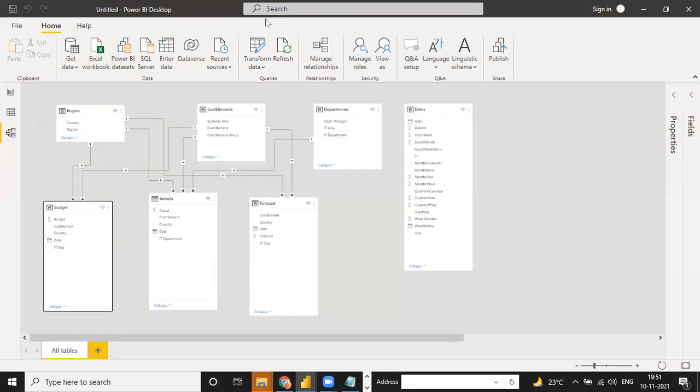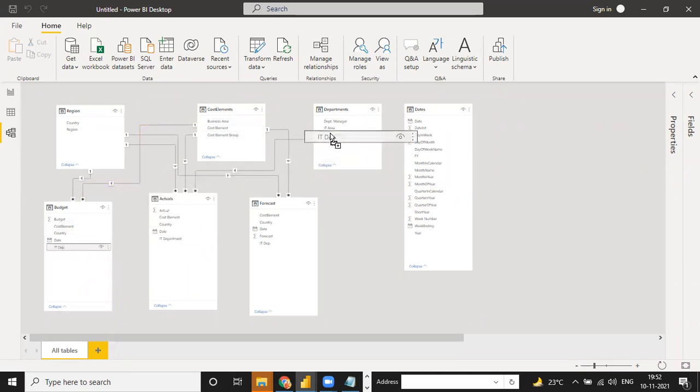No common factor, right. See, in this department table we have the IT department as the full name, but here we have it as the short name. But here, country to country is complete, and cost element to cost element is complete. And when you drag and drop this IT to this IT, now it is connected.